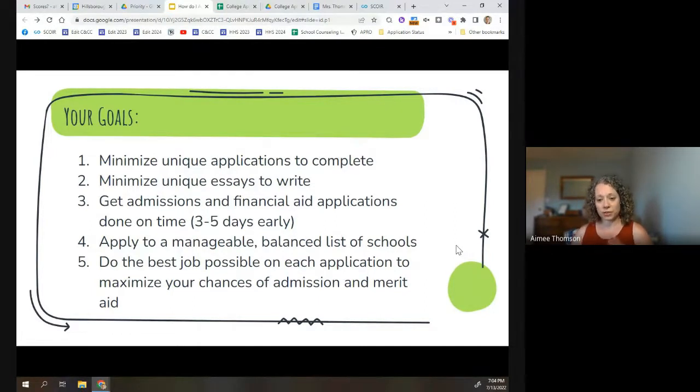You're going to find, students, as you start working on your applications, that there's a lot of information that you're putting the same information in each application that you do. So if you minimize the number of forms that you're completing, even if you're still applying to a good number of colleges, it can save you a lot of work on kind of the monotonous, easy stuff.